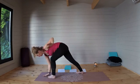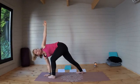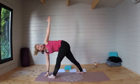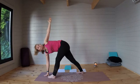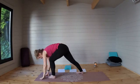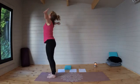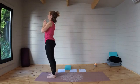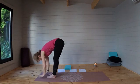And dropping that right hand, lifting up the left, turning the gaze. And bringing some straightness into that left leg. Bending the left leg, bringing the left hand down, step that right foot up to meet the left and come all the way up. Good, let's take it one more time on the other side, reaching up tall and forward